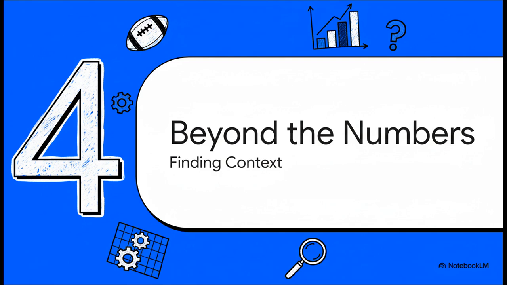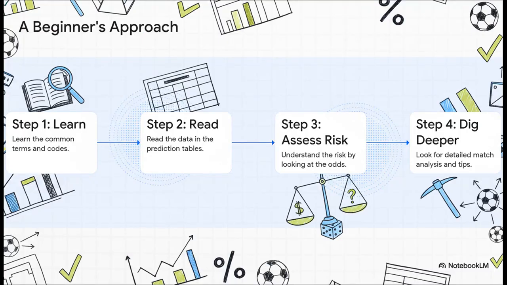But listen, a good prediction site is going to offer you way more than just tables of data. The numbers can tell you what the prediction is, but the analysis and articles are there to tell you why. So let's look beyond the raw data for a second. If you're just starting out with this stuff, it can be really helpful to think of it as a simple 4-step process. Step 1, learn the terms, which we've pretty much just done. Step 2, read the data in the tables. Step 3, understand the risk by looking at those odds. And then the crucial step 4, go looking for that